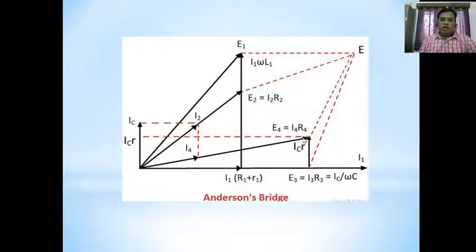When we were drawing this phasor diagram, E4 is considered as I4 into R4. So the current I4 and R4 make E4 here, and E2 equals I2 R2, that is the I2 current and R2 resistance make this E2. What remains is this E1. So at the top level we have E1, E2, E3 and E4 as the phasors, and we have this phasor diagram with their respective current and resistance products.